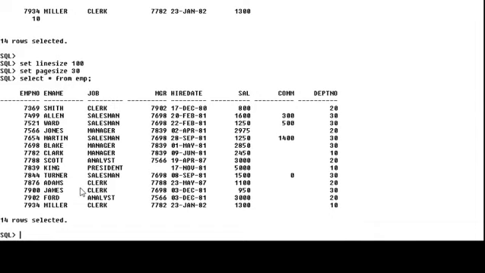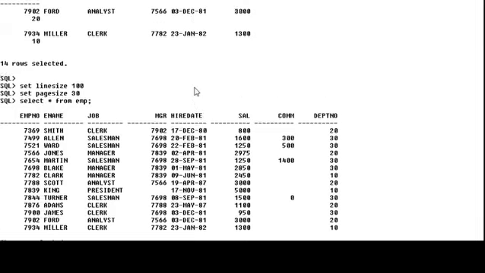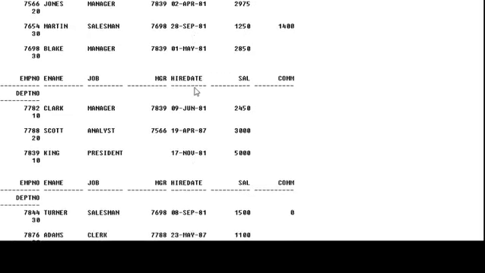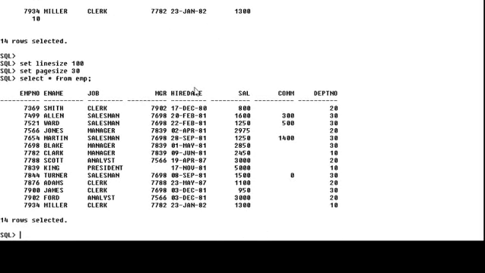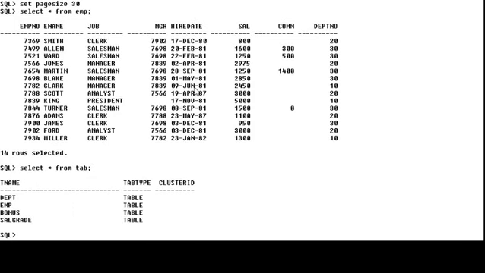Now again we have to check the other table names. We can scroll here, or you can execute a query, the same query, select star from tab, to find the other tables. DEPT and EMP we have already discussed. Now go through the next one.